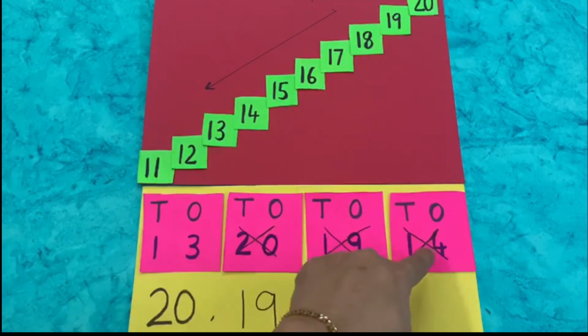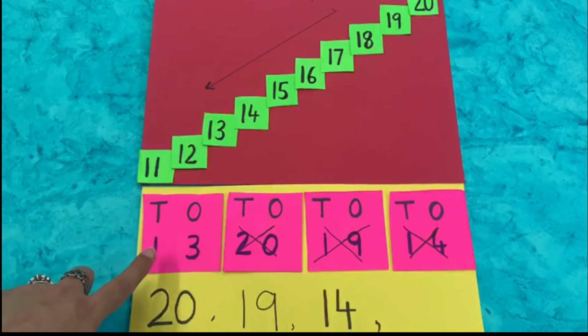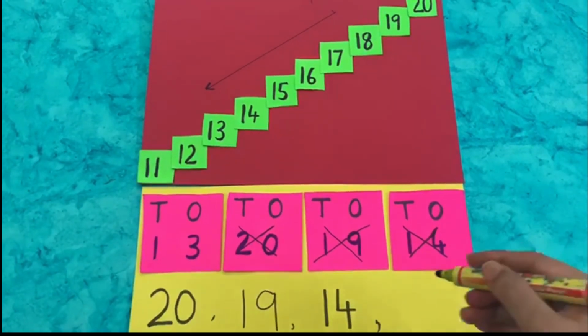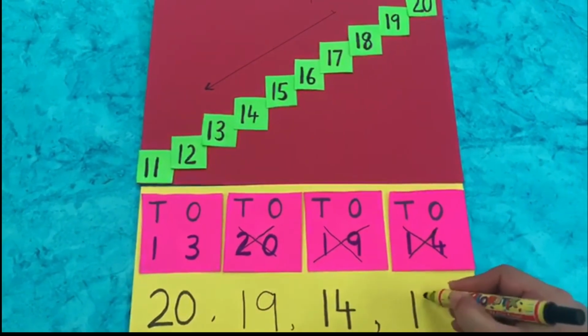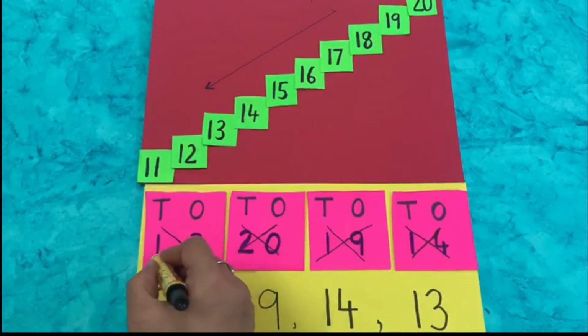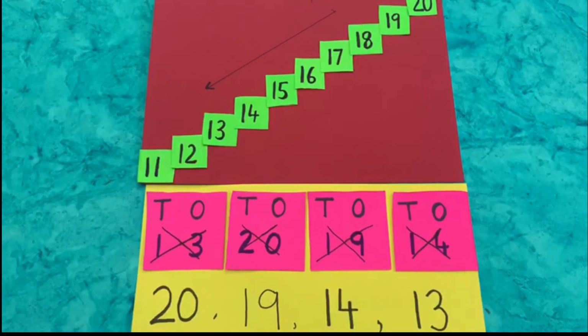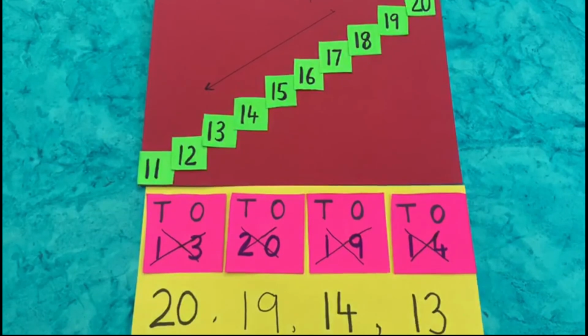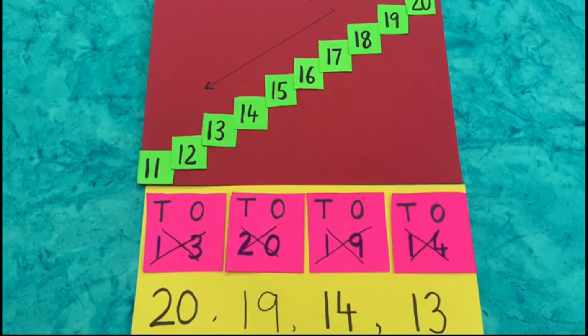So 3 numbers are crossed here, and we just have one number. When the number is crossed, it means that we don't have to look at the number again. We've already done it. So now just one number is left, and I would be writing that number, 13, and after writing it, I would cross it. So now we have written all our numbers, because we can see that all our numbers are crossed. So it means that we have written all our numbers.